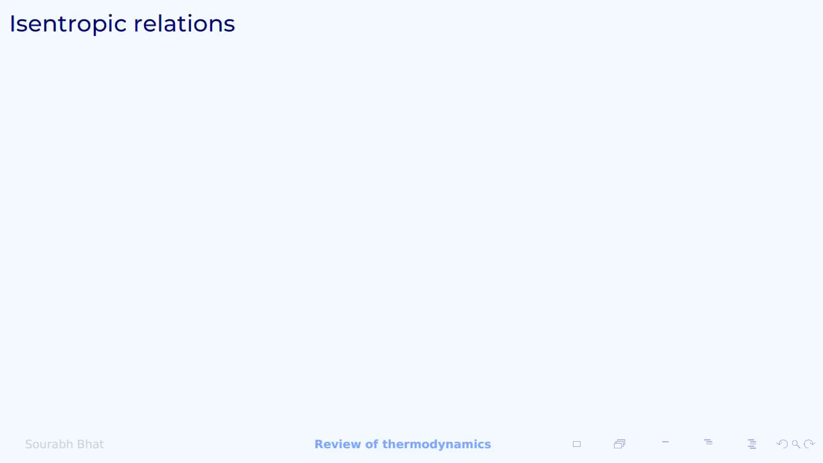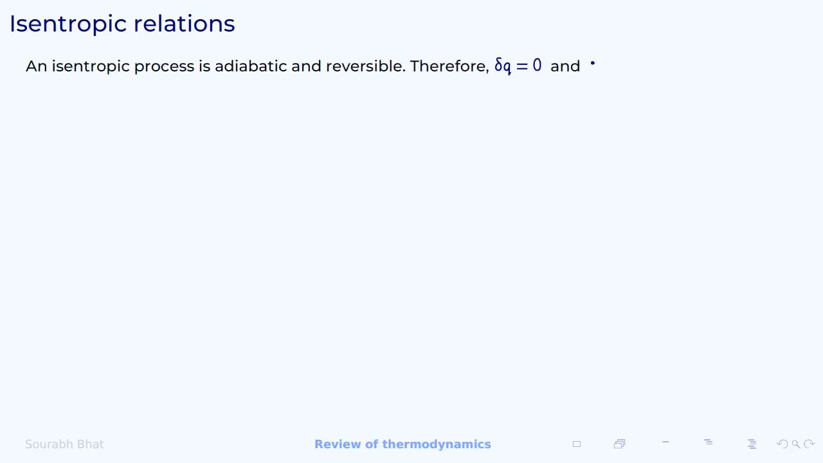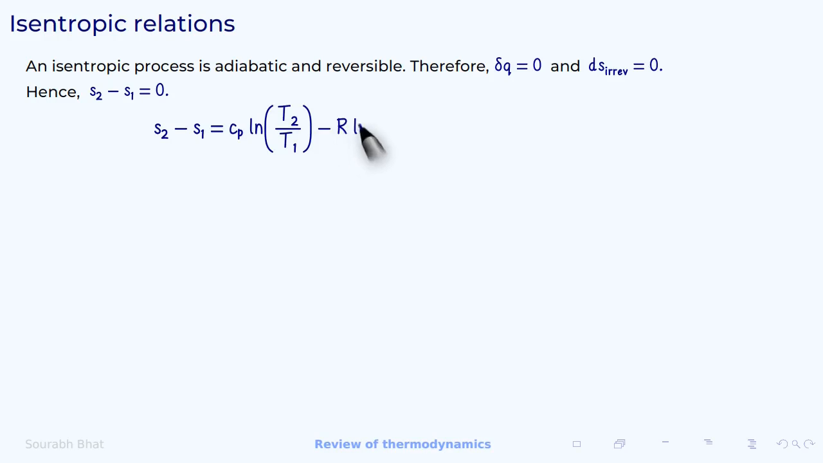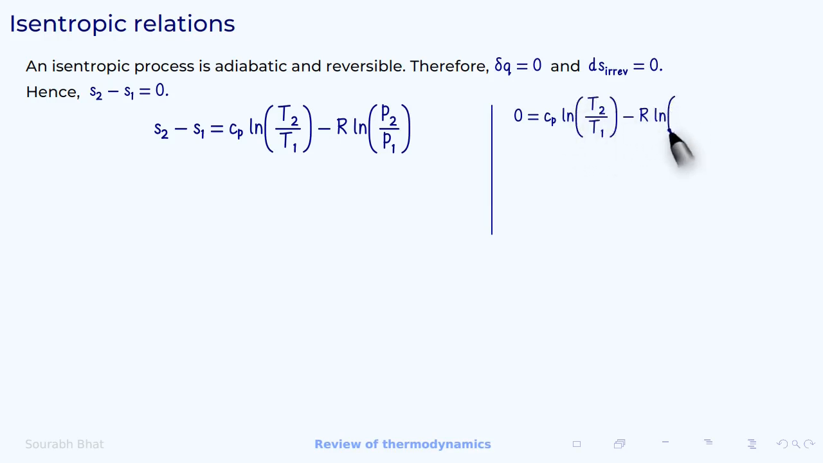As we have seen before, an isentropic process is adiabatic and reversible. Therefore, delta Q and dS irreversible are 0. Hence, S2 minus S1 is equal to 0. We have seen this equation for calculating the change of entropy using temperatures and pressures at two states. Setting S2 minus S1 as 0 in this equation, rearranging the terms,